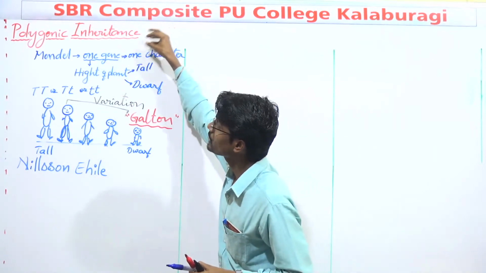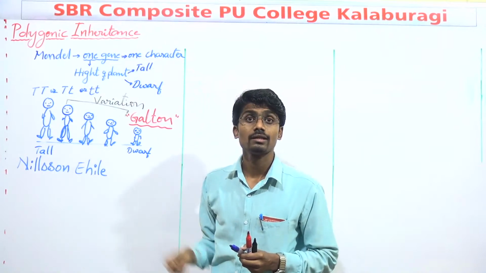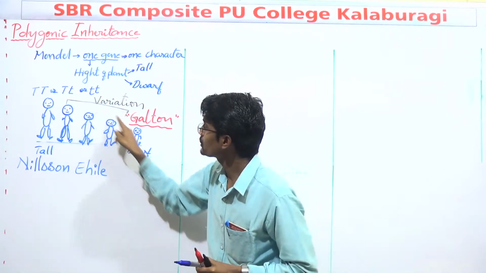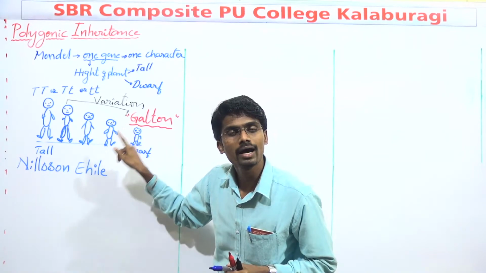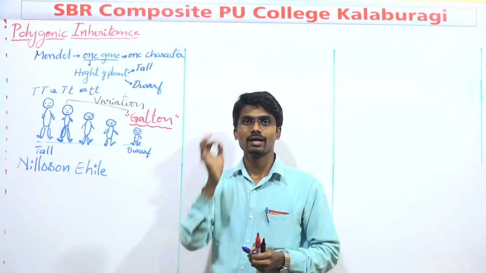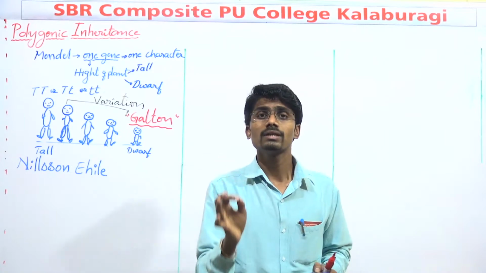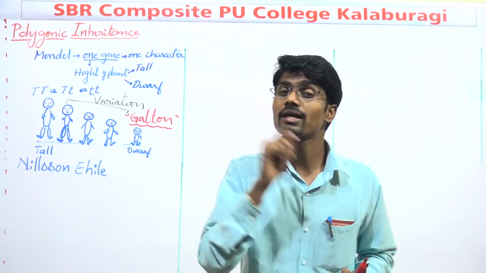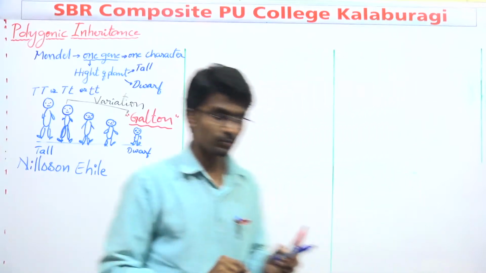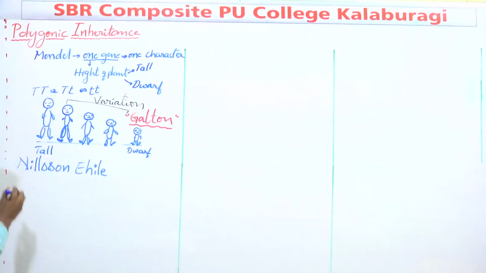Because of this polygenic inheritance, there is a variation in the plant height as well as human height. Got it? And they will ask you, name the scientist who described polygenic inheritance. You should remember the scientist's name is